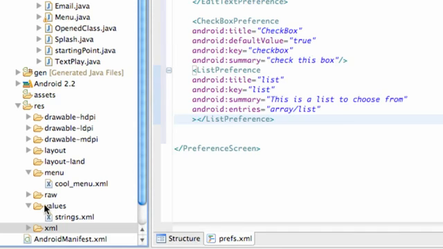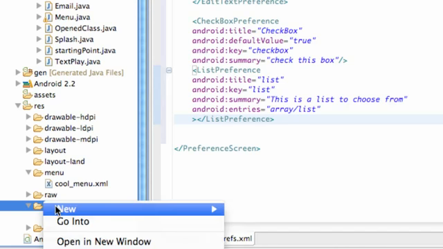So we're going to go under a values folder right here, and this is where we're going to set up that array for the most part. This is going to be pretty simple, nothing difficult. And again, we have this array called list, so keep that in mind. So what we're going to do is we're going to say new